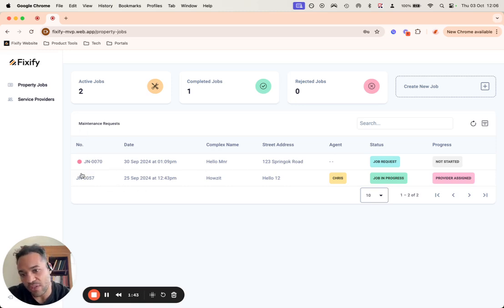On the left-hand side, you'll notice a pink dot when there are new activities on the job card or within the jobs themselves. If you hover over that, you can see there's a little box that says there are unseen changes on this job card. Click to review. You don't have to click on the actual pink dot. You can click anywhere on this row and it will open up for you. Date, complex name, street address, if an assigned agent has been there, and what status of the job in progress it is in. To create a new job, you can click the Create New Job on the top right-hand side,